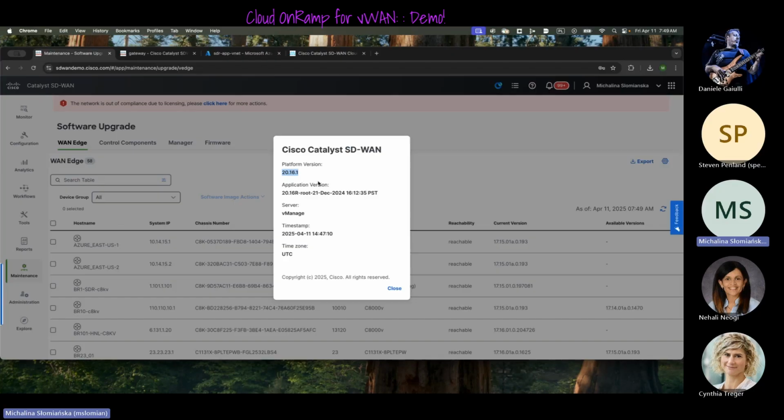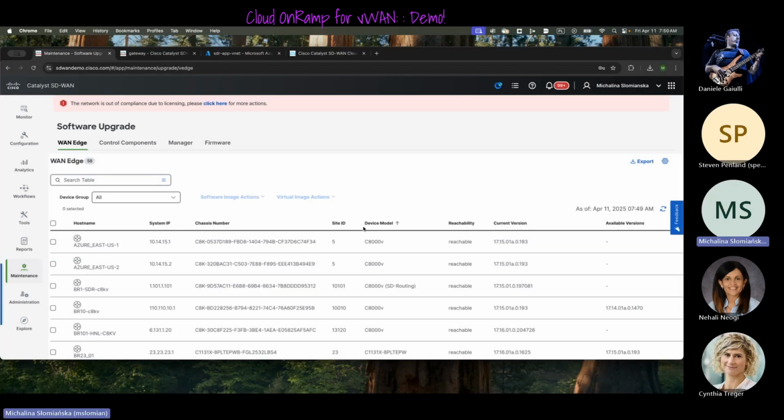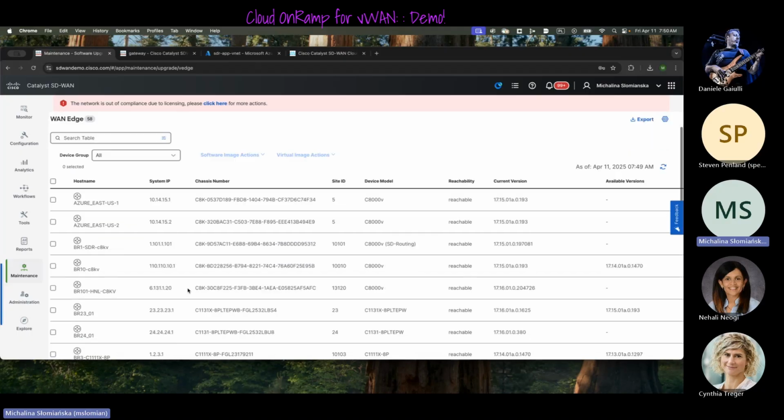I'm showing you something that was released in December last year. I see. And the images, if I remember correctly, were showing 1715, right? Yes, I believe for the routers. So you can see that it can be lower. Yes. Okay. So I'm using some of them on 17, some of them on 16, or even older ones on 1714. Those are still compatible, but you have to make sure that this one is not on a higher version than